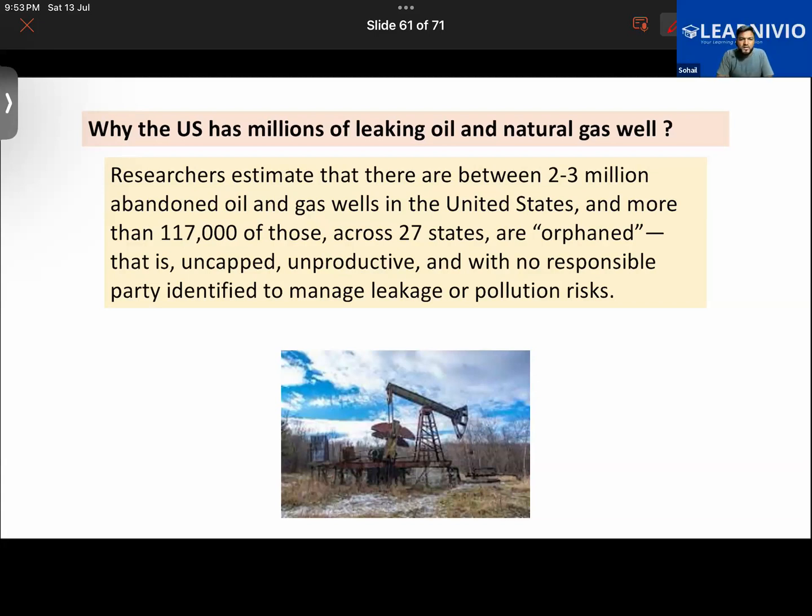In the United States, there are probably millions of leaking oil and natural gas wells. The reason being that once the oil wells have been